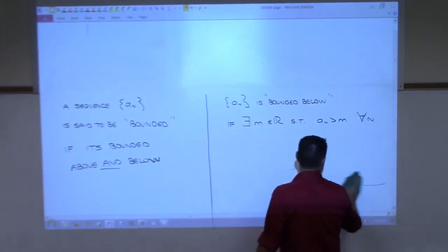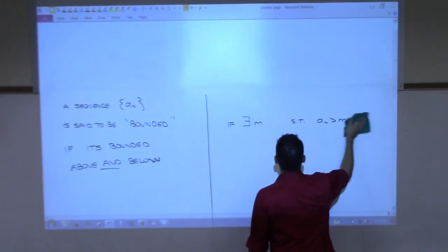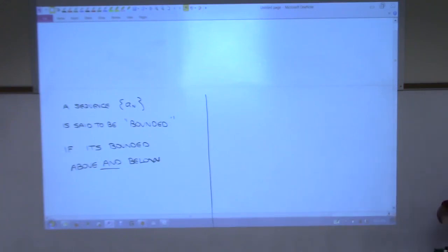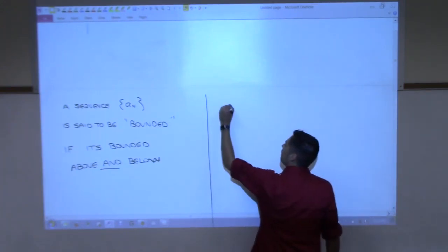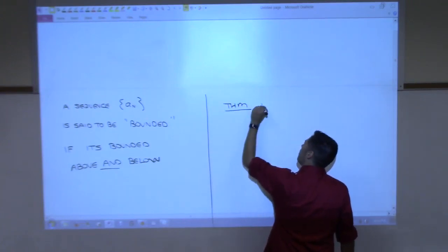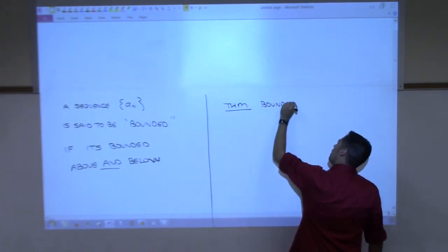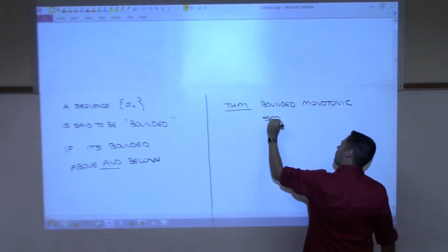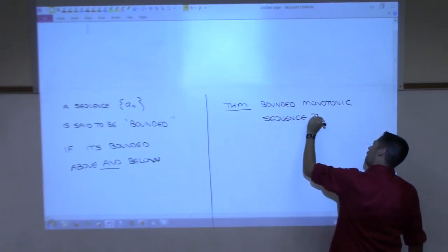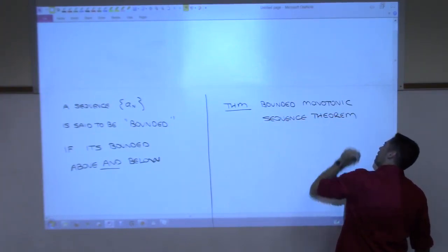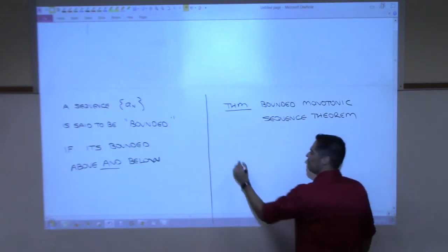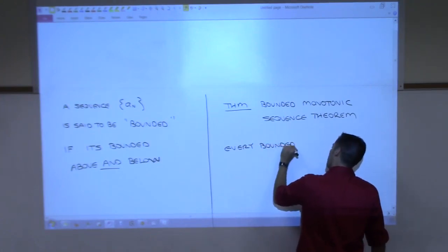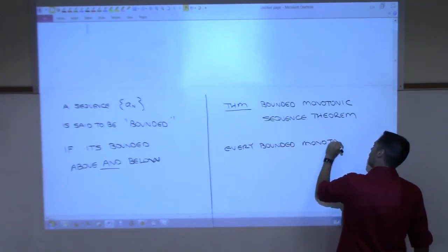All right. So being a bounded sequence is a pretty strong condition, isn't it? It means you have an upper bound and a lower bound for your sequence. And now we come to the theorem, last theorem, the bounded monotonic sequence theorem. And it's pretty straightforward. Very simple theorem. Every bounded monotonic sequence,